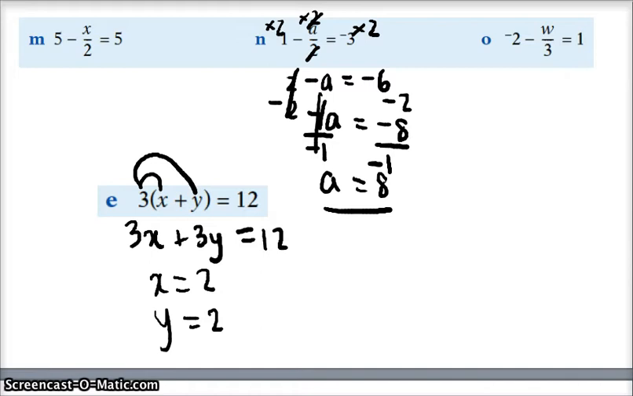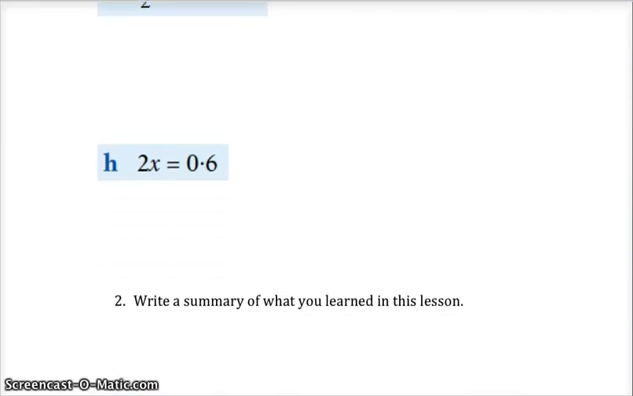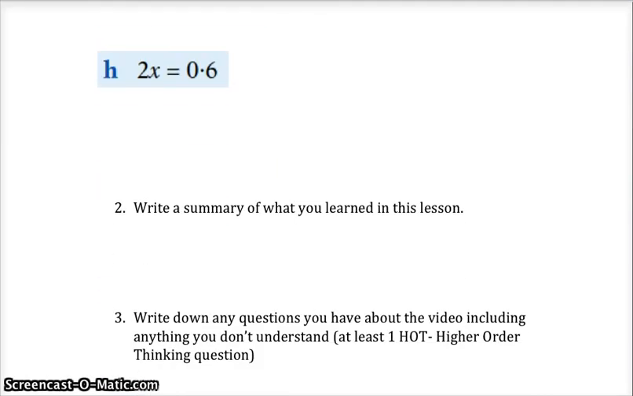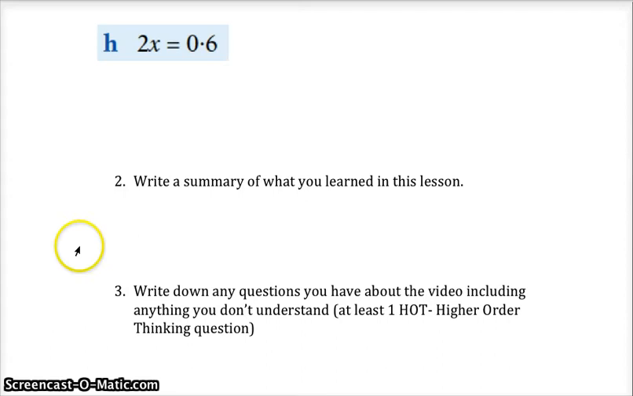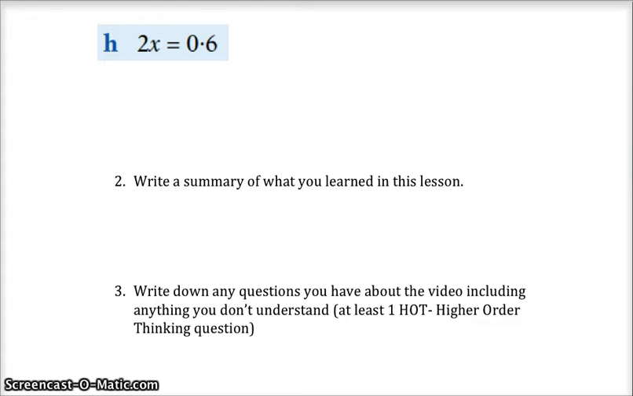And let's quickly have a look at 1 or 2 more examples so that you're ready to come to class. You don't need to worry about question E, we'll do that next time. Let's have a look at this question here, question H. Okay, it has a decimal in it, but it's going to involve the same process. So we've got 2x is 0.6. It's 2 times x, so I need to divide both sides by 2. 2 divided by 2 is 1, so I've got x is equal to, then I need to figure out what is